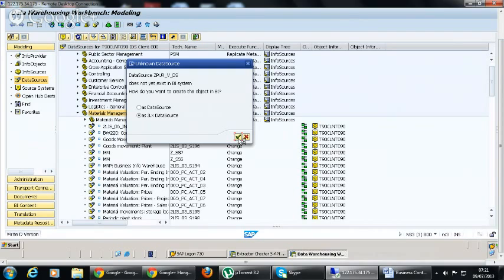There are a lot of people working on this system, so you can see there are a lot of data sources we are replicating.